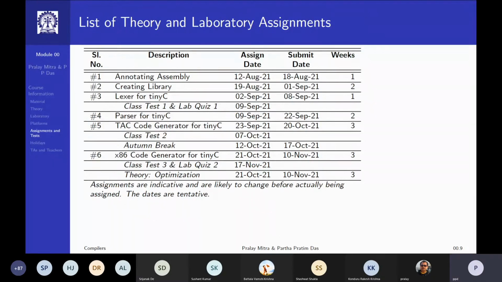So we will have an assignment to check that you are understanding it well. And the way we do it is we compile a small C program into x86 assembly. And after doing that, on the assembly, you will have to mark which part is the translation of which statement in C and so on.